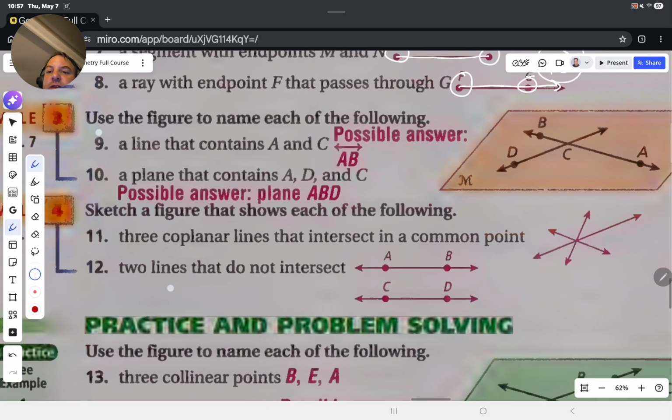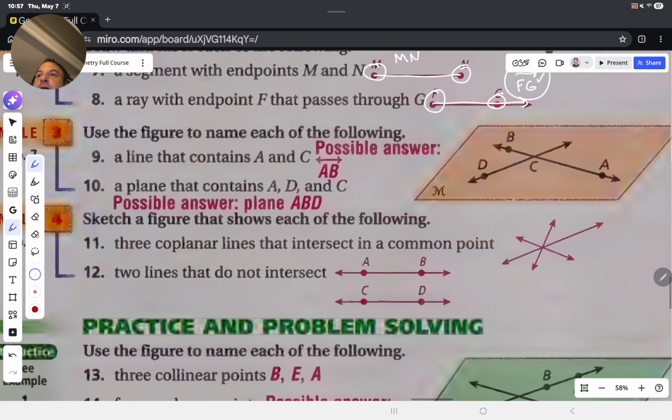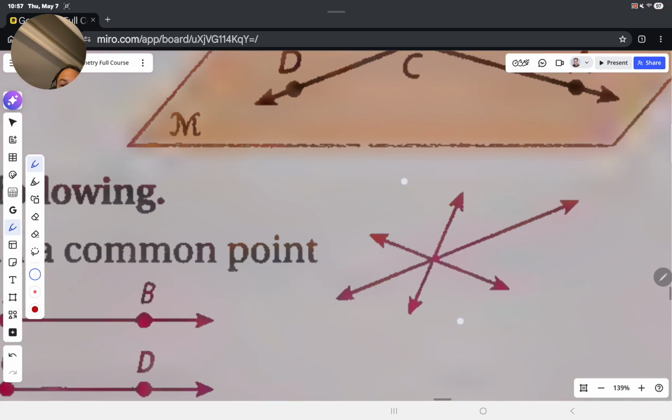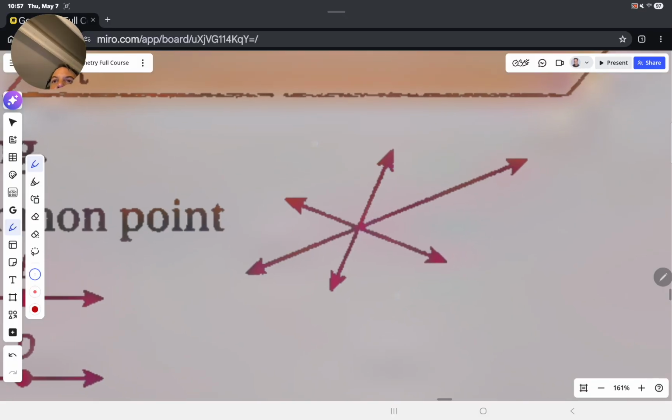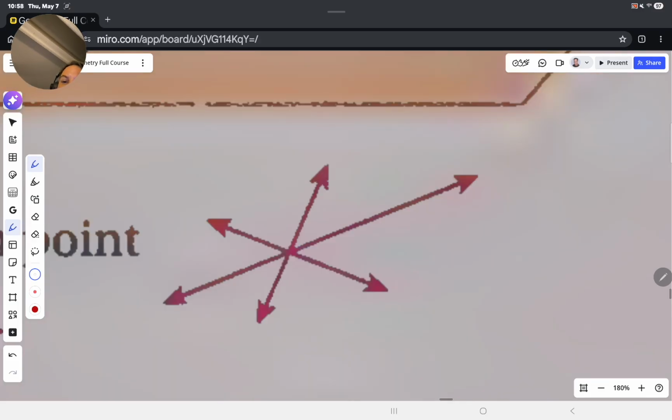Excellent, let's continue on. Use the figure to name each of the following. Number 9, a line that contains A and C. So we want to use the figure to name a line that contains points A and C. Now a line that contains both A and C will go through both of them. In the figure here, we can label A and C, and we can put B right there in the middle. So in the line AC,